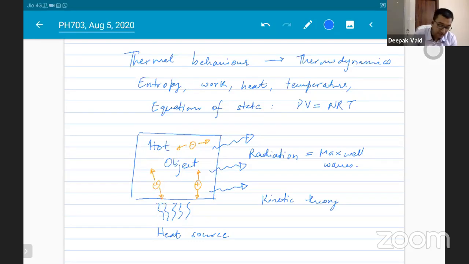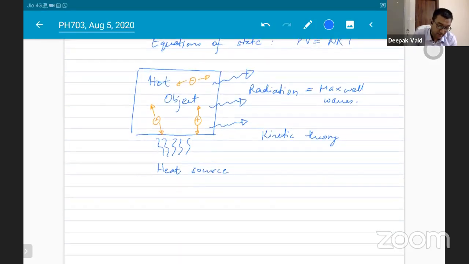But what thermodynamics was telling people is that, well, all of this heat and entropy and all, it can only exist if matter has an atomic structure,